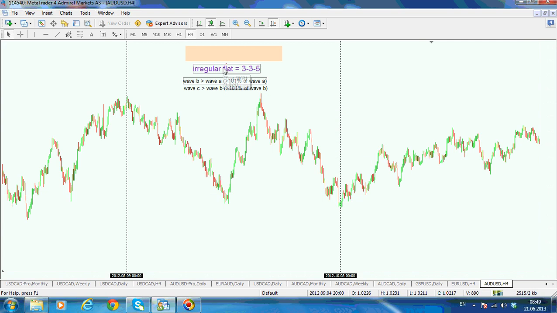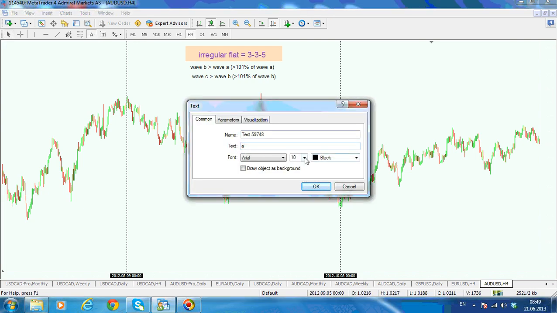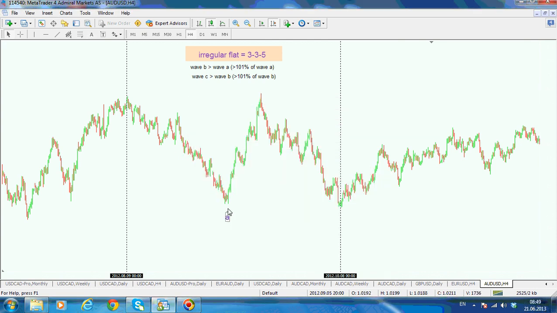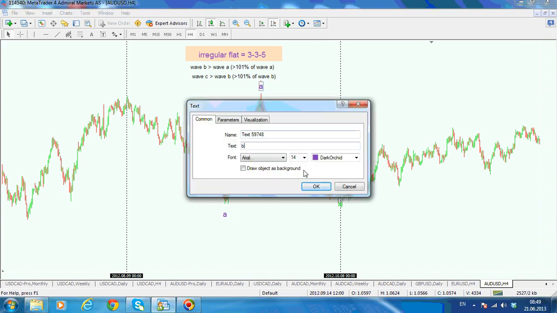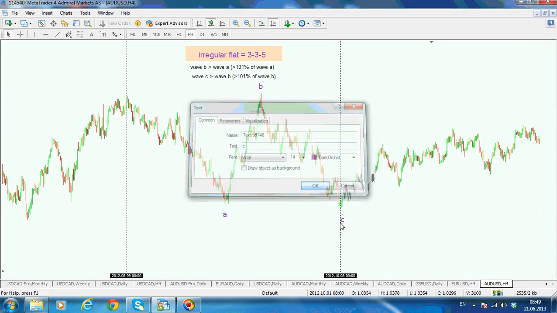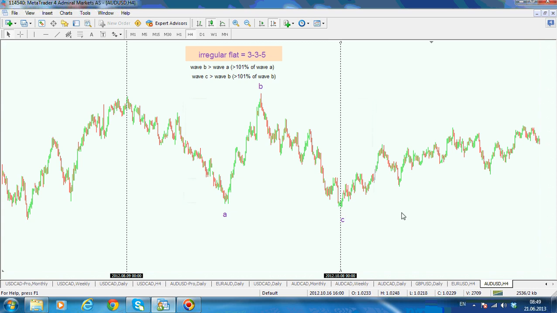then this being a 3, 3, 5, I would say that in a 3, 3, 5 that will be wave A. So A of this degree, B of this degree, and C of this degree. So A, B, C. So once again, in wave A of a flat, you need to have a structure of